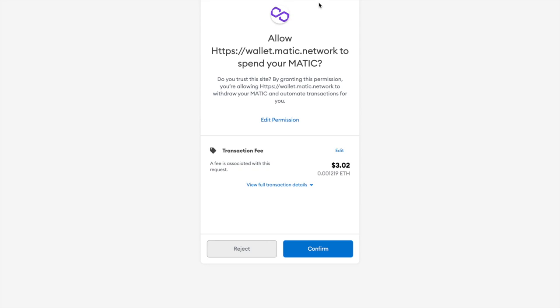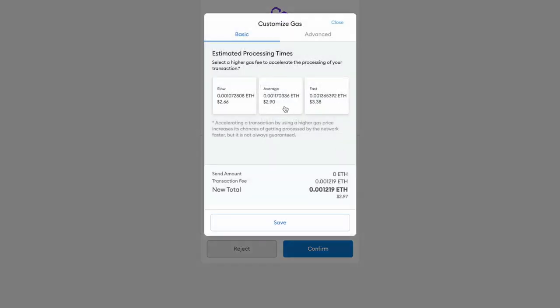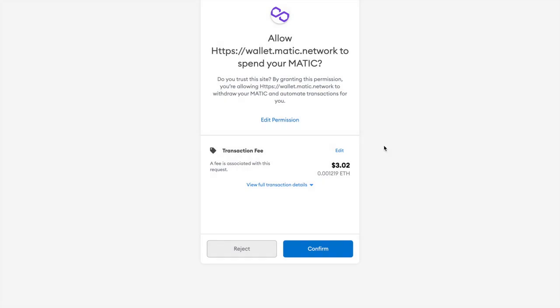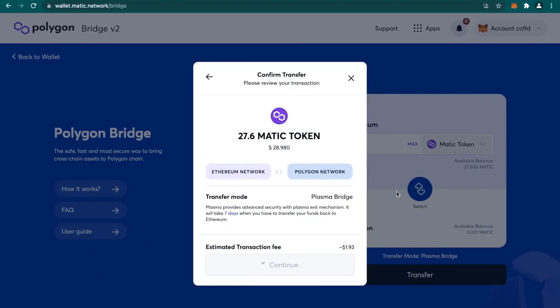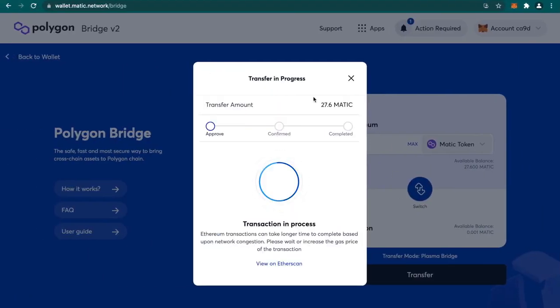Also it is very important that on your Ethereum wallet, you would have previously selected Ethereum mainnet. Okay, now I'm going to click on confirm. I can also edit and see how much of a gas fee I need to pay. Okay, cool, confirm. Now this might take around 7 to 8 minutes for the whole transfer to complete. Okay, so there was a notification that transaction 2 is complete, but I still see this in progress.